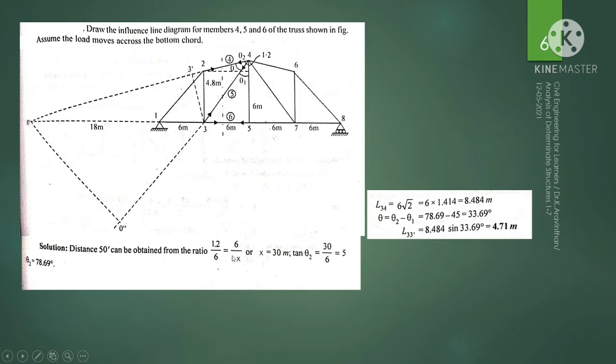So the x equals 6 into 6 will be 36, 36 divided by 1.2. So then we will be getting the answer of x as 30 meter. So if you find this as 30 meter, we already know this is 6 and 6, the remaining distance will be 18 meter. Okay, now we have found out this as 18 meter,